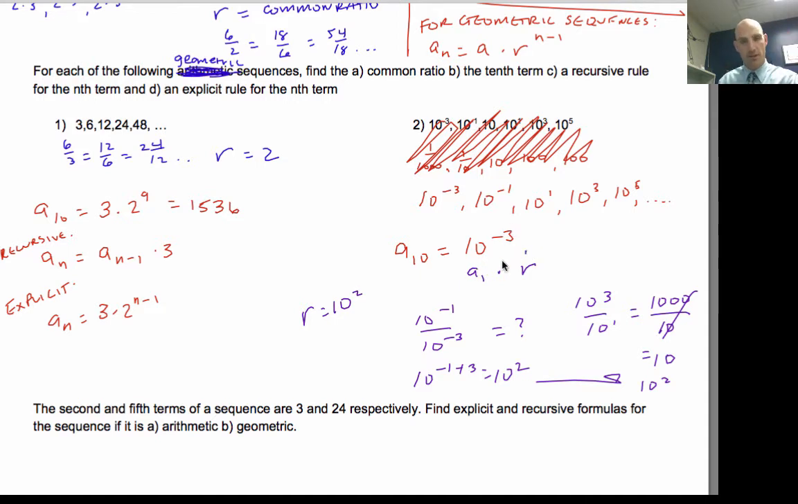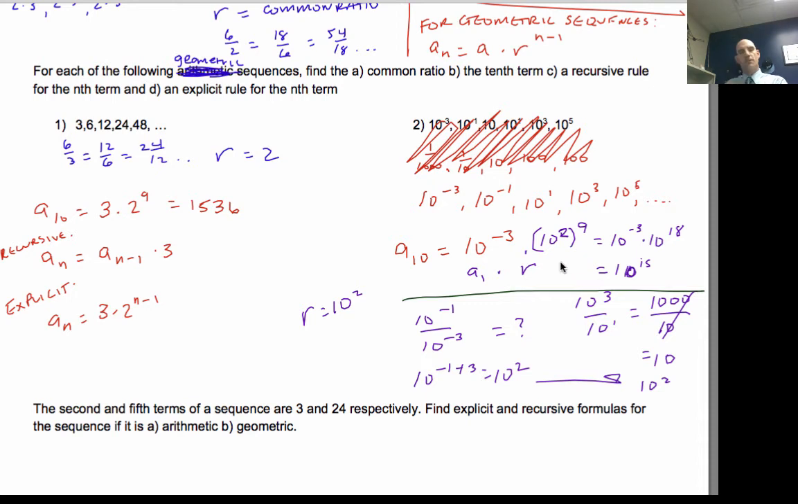So I take my first term, a sub 1, and multiply it times r, so 10 squared. And that's got to be to the n minus 1, so 10 squared to the 9th power. And so when I get this, it should be 10 to the -3rd times 10 to the 18th. And when I add those, I get 10 to the 15th power. Sorry that this is potentially confusing. This was a side note down here. Right? So 10 to the 15th is my 10th term, and my recursively defined rule